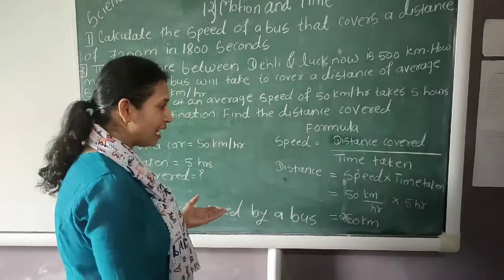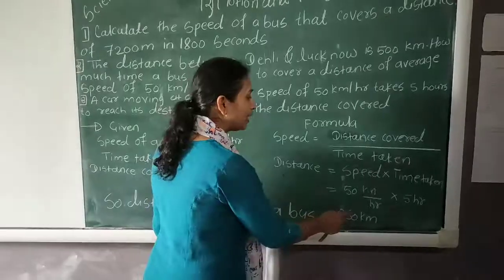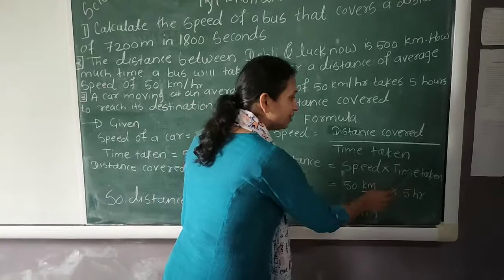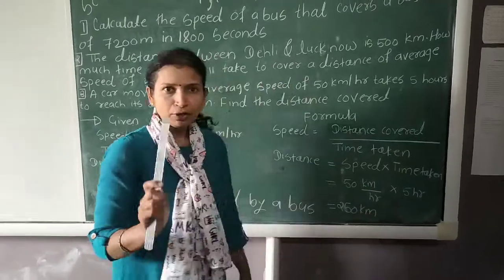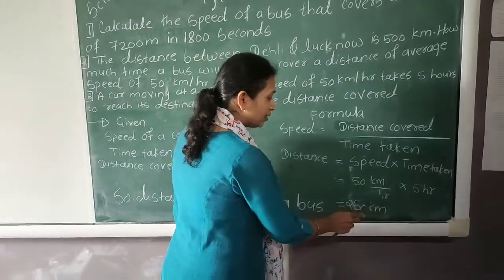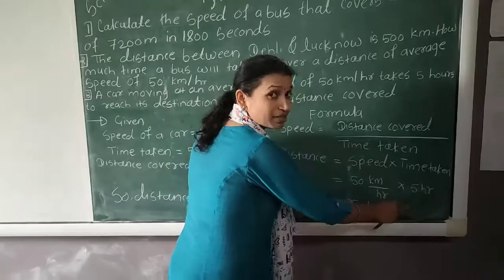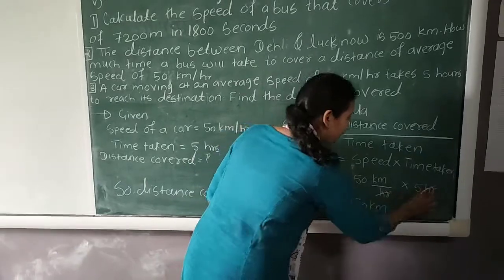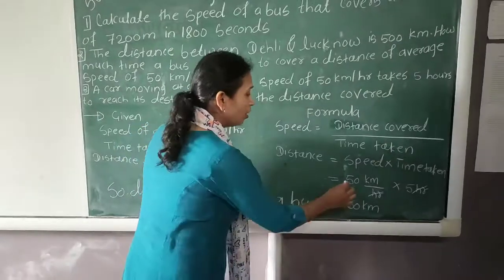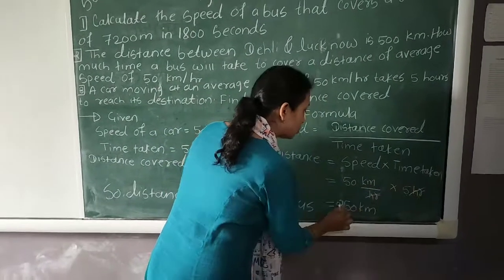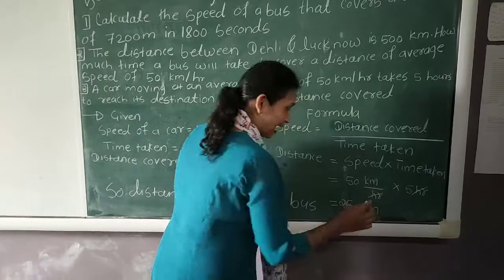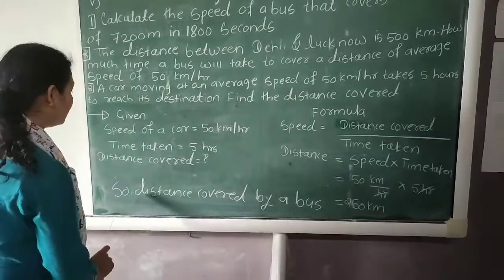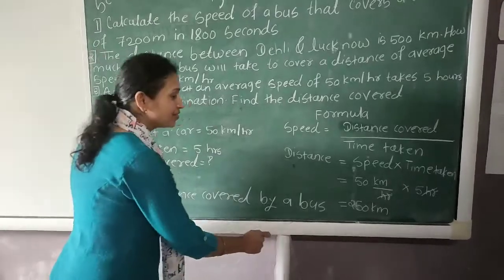We already have the values. Speed is 50 km per hour and the time is 5 hours. What to do first of all? This hour is divided and this is multiplied, so this hour will cancel. Now 50 multiplied by 5 is 250 km, which will remain as it is. So the final answer, distance covered by the bus is equal to